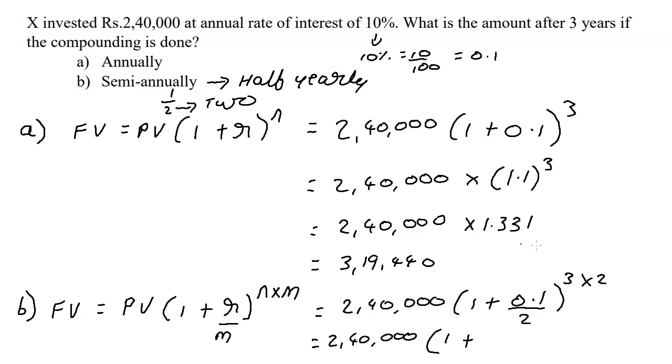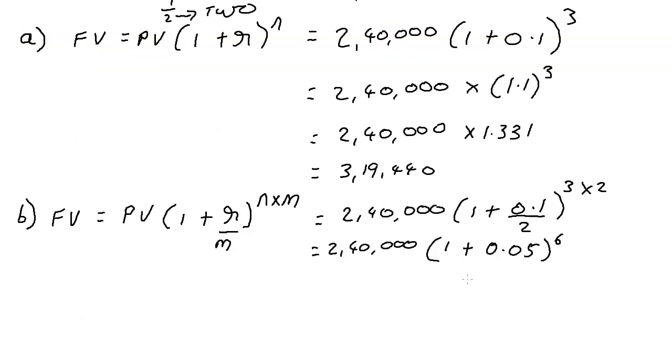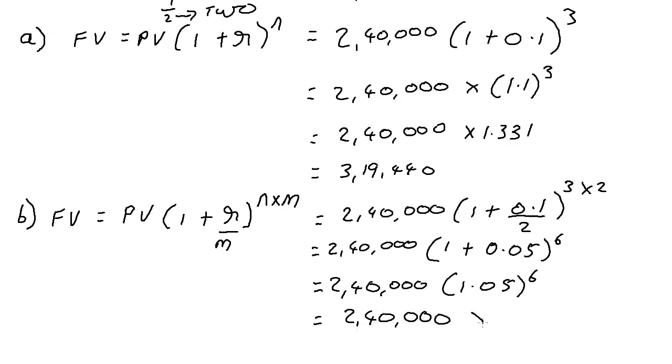So it's going to be 1 plus 0.05 to the power 6, which we can then continue. 2,40,000, open bracket, 1.05 to the power 6, which is equal to 2,40,000 into